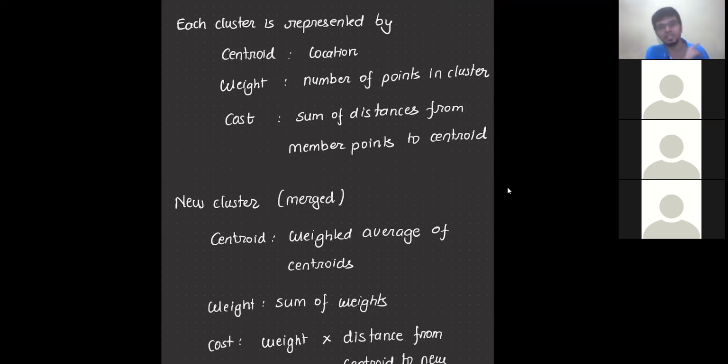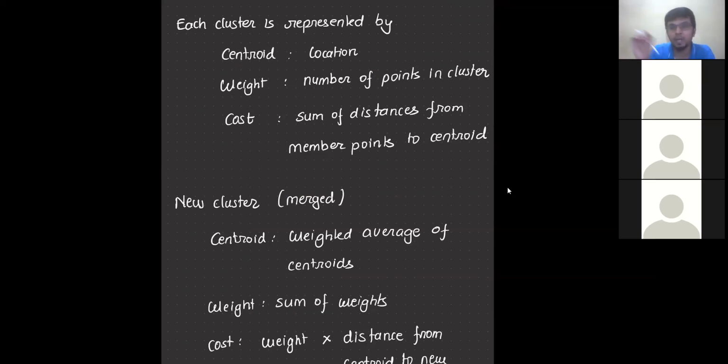This is where the representation we talked about, the centroid and the count of points, comes into the picture. What we store is the centroid and the weight. The weight is the number of points in a cluster. Let's say the number of points in the cluster were 100, out of which we chose 1 centroid, which was one value. Let's say 55 was that value.